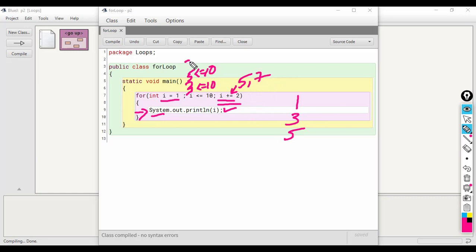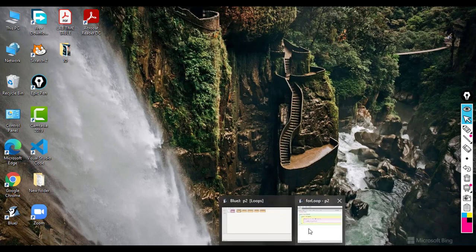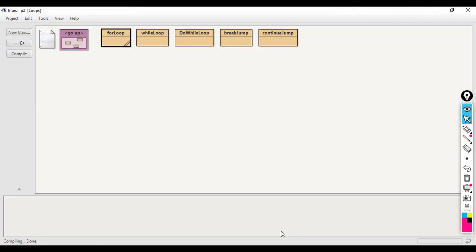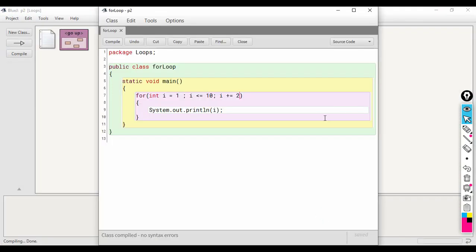So the condition here will become 7 is less than or equal to 10, control comes inside again. So this time I value is 7. So 7 is printed. Now the value of I will be updated to 9 and the condition will become 9 less than or equal to 10, control comes inside and 9 is printed.